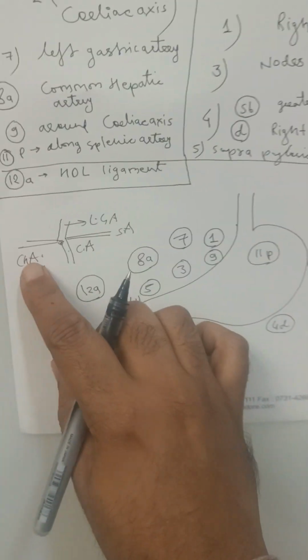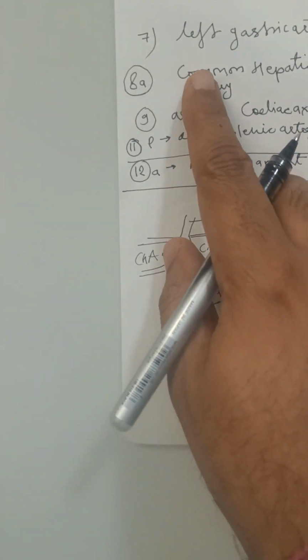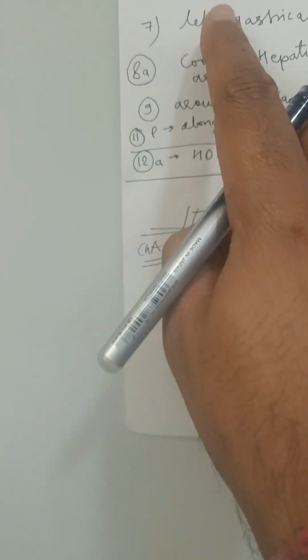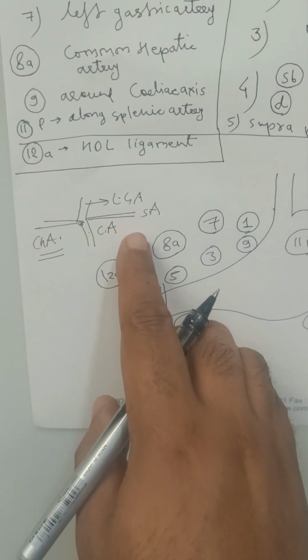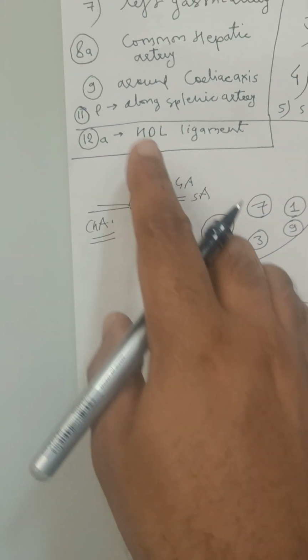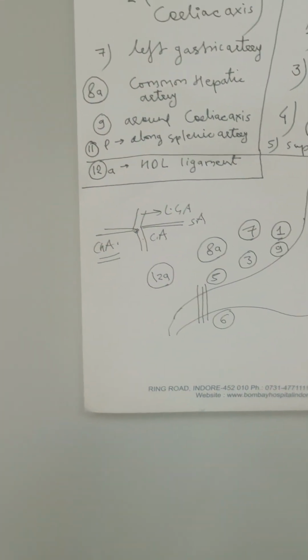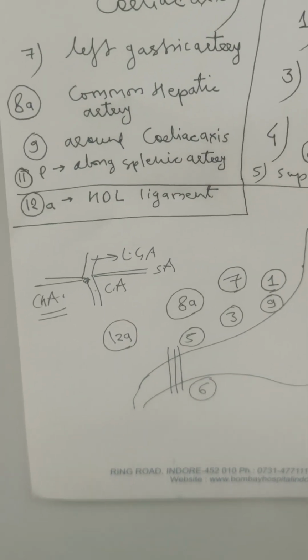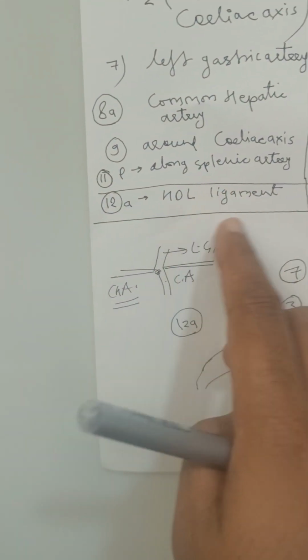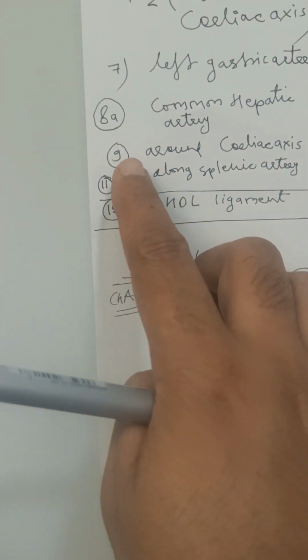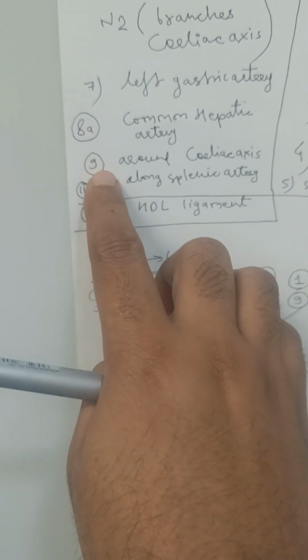Okay, so if we remove the lymph nodes of the common hepatic artery, that is 8A. Across the left gastric, if we remove, that is 7. And if you have to remove the splenic artery nodes also, that is 11P. But generally we will not go that aggressive until otherwise there is a gross lymphadenopathy, and you have to just do the few lymph node dissection across the celiac trunk, that is the 9.